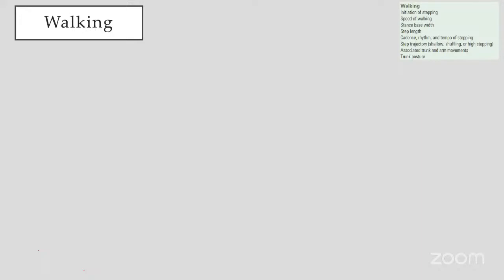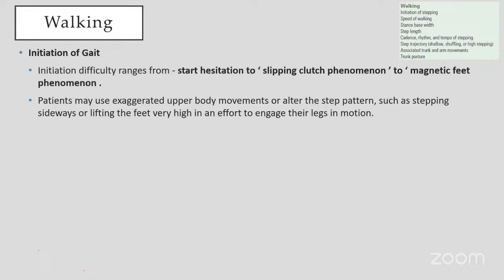So in walking, we assess initiation of stepping, speed of walking, stance base width, step length, cadence, rhythm, and tempo of stepping, step trajectory, which is shallow, shuffling or high stepping, associated trunk and arm movements, and trunk posture. Sir, in initiation of gait, there might be a difficulty ranging from start hesitation to slipping clutch phenomenon to